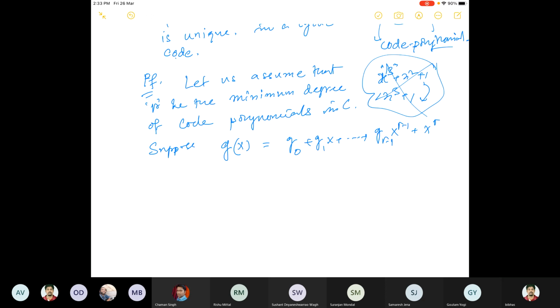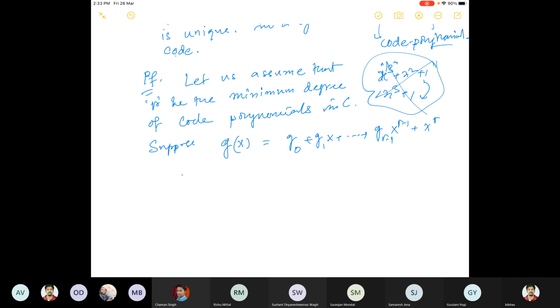It cannot be 0 because the degree of this polynomial is r. So this coefficient of x to the power r cannot be 0. So suppose there are more than one. So suppose there are at least two. Suppose this and this